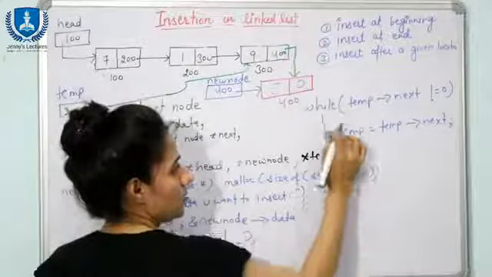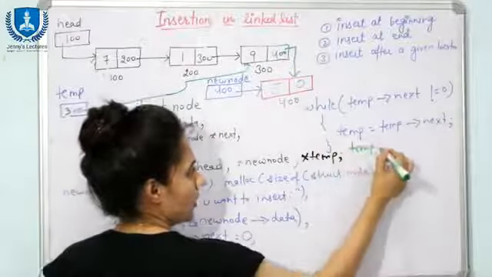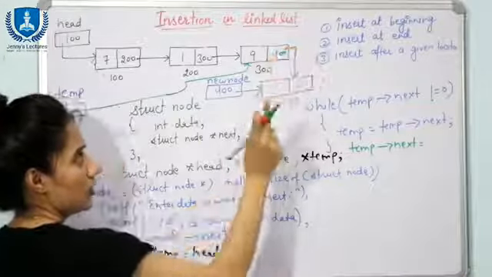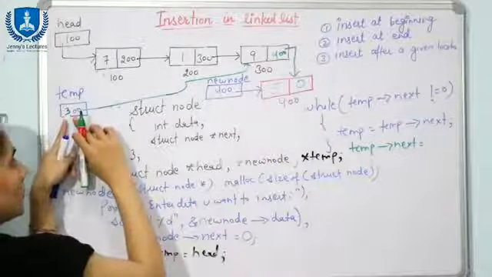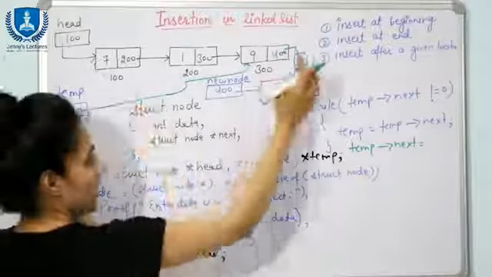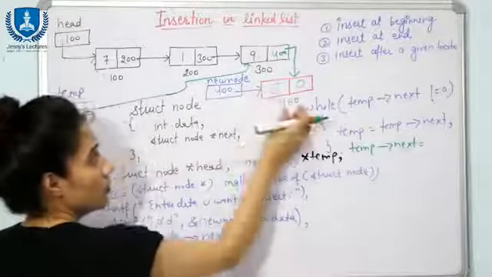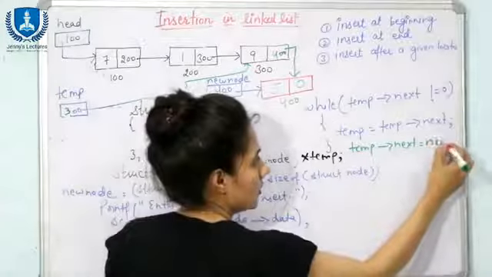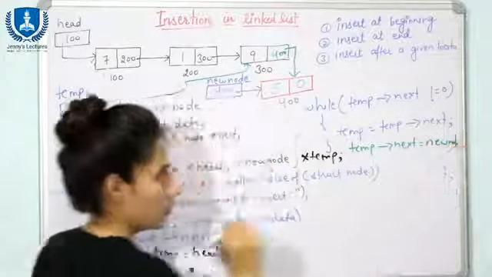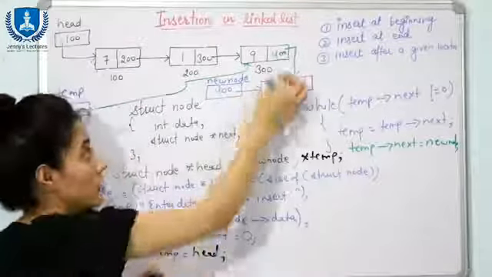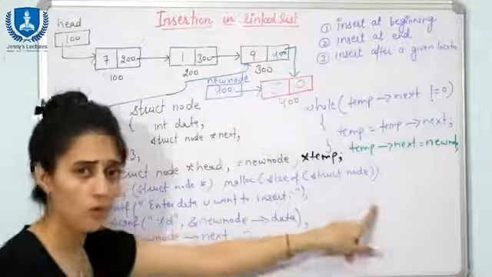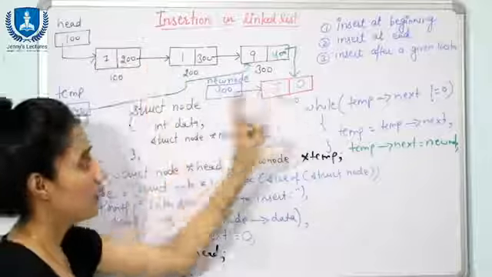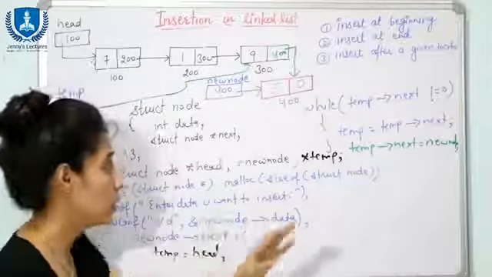Now how will you write this? See, after this while loop you will write one statement, that is temp of next. See how you can access this part of the structure using a pointer. You cannot directly access it. So temp is storing the address of this thing, temp next. Temp next is equal to, now this address is there in this new node pointer. Fine. So here you can write new node. So the insertion at the end is done now. After that you can call that display function and display the list, that is 7, 1, 9 and 5, right, that we have already discussed.